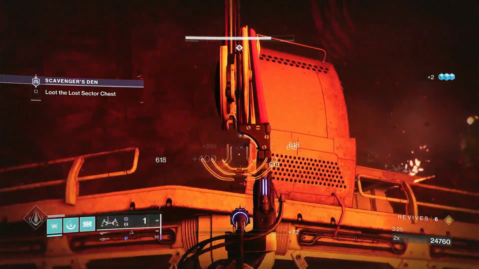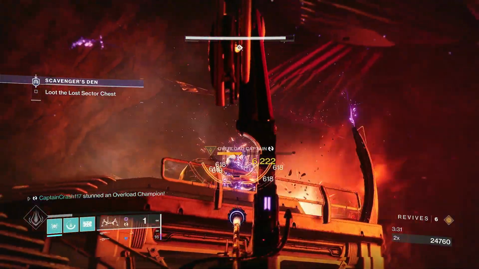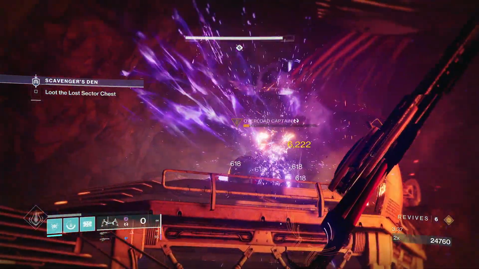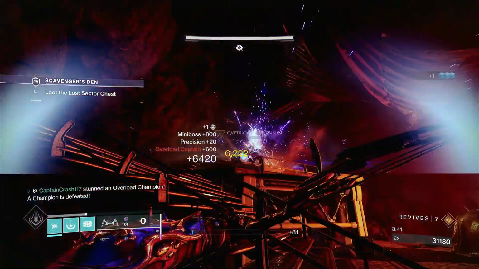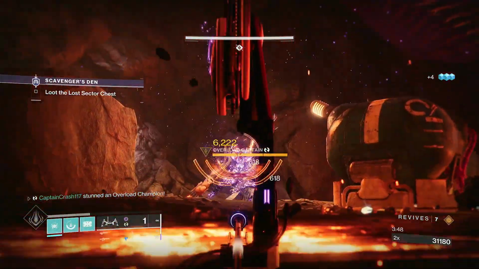Yeah, he's not too hard. But usually they run up there, and then you can actually use the panel thing, like the flooring that he's standing on, to try to get him to shoot the flooring if you want. They're not the hardest guys, but like I said, there are two Overload champions. So once this one's dead, you got to go up here and try to kill the other one, who is...